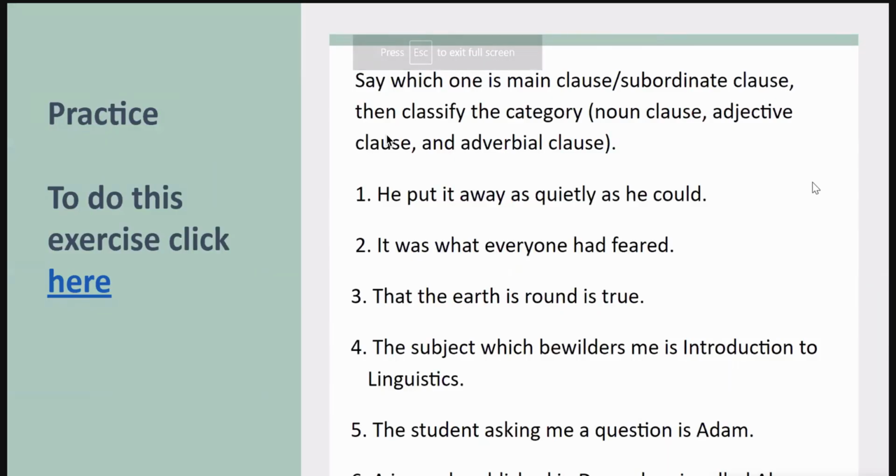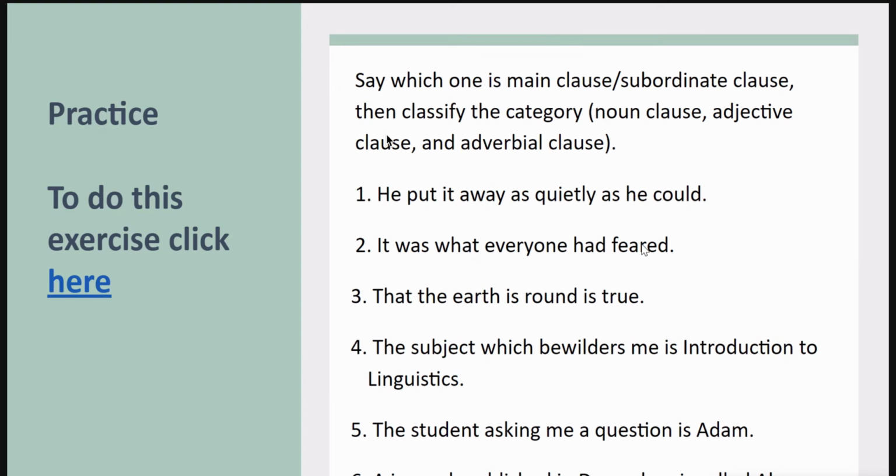Any questions regarding this practice? So kita bahas saja sama-sama ya. Tadi nomor 1. Sekarang nomor 2. It was what everyone had feared. Yang mana main clause-nya atau independent clause-nya? It was a main clause. Yes, it was. What everyone had feared, that is dependent clause. What type of subordinate clause is it? That is noun. Noun apa? Noun phrase. Noun phrase, noun? Noun clause, sorry, noun clause. Iya, jangan lupa Mas Firman ketinggalan clause-nya.